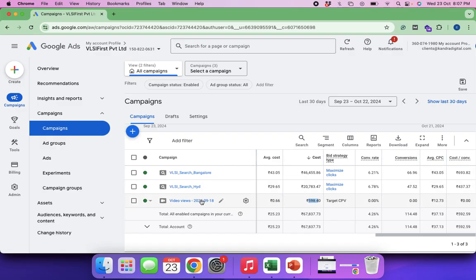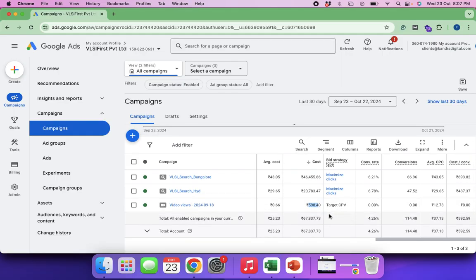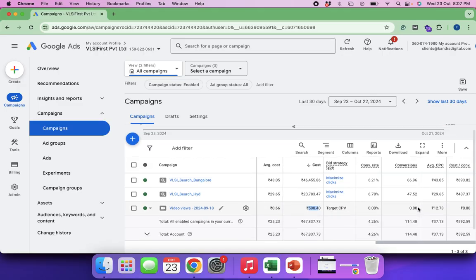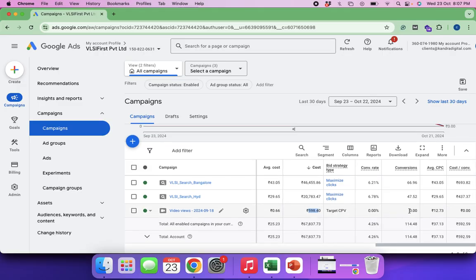Video campaigns, awareness campaigns performance is measured in a different way. Okay, see, that's why you have cost per view. It's only about the views, not about the cost per acquisition. Getting conversions is an add-on. You might get the conversions from this campaign, but they won't get recorded here unless the volume is very high. And after clicking on this ad, if people are coming to the website and placing an inquiry,